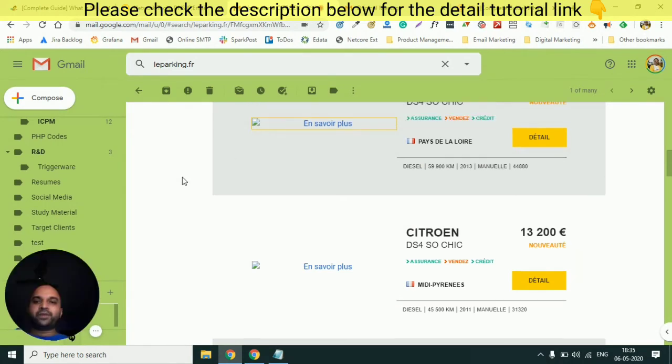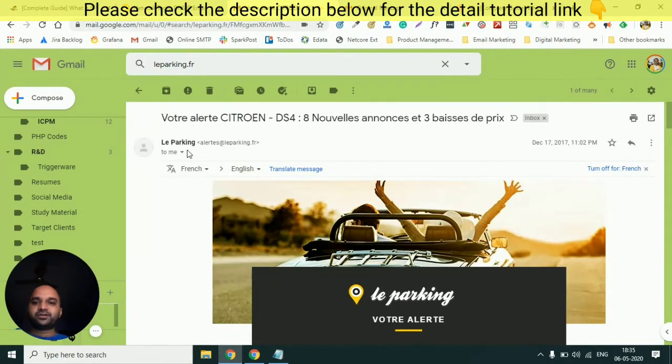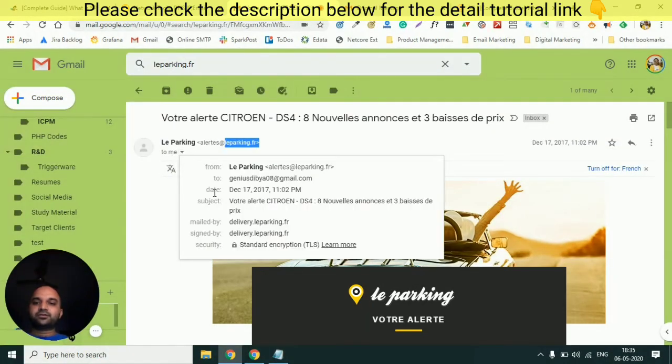You can refer to that. Just to give you a quick glance of what the return path domain is, I will go back to my email here. You can see the domain from which the mail came was leeparking.fr. But if I click on this arrow button, you can see the mailed-by domain is delivery.leeparking.fr. So there are two domains.